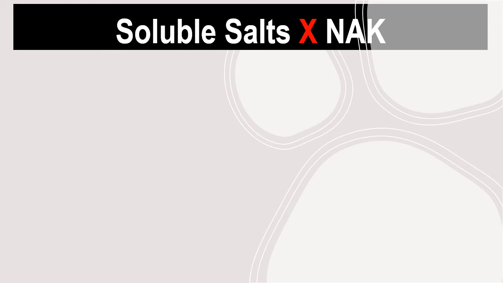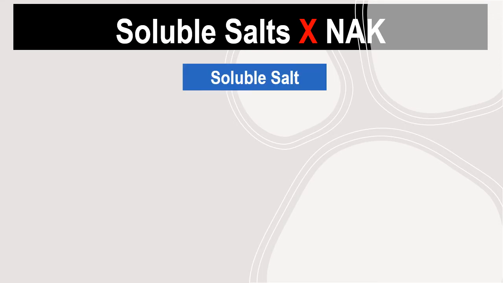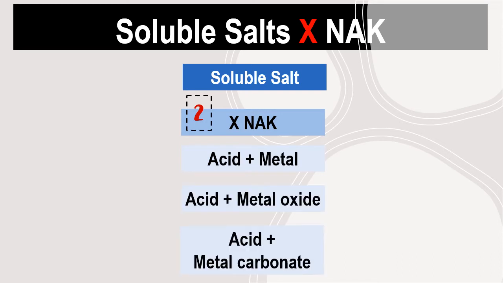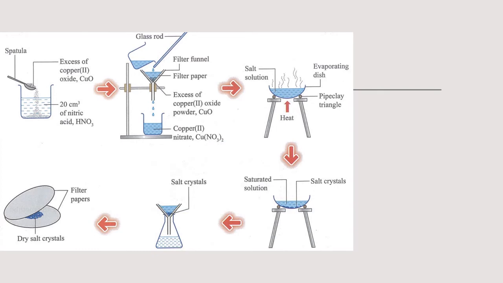For the soluble salts which categorize under bukan NaK, cara nak prepare dia, cikgu ada sebut tadi, ada 3 pilihan yang kita boleh pilih. Iaitu acid dengan metal, acid metal oxide, or acid metal carbonate. So if we refer to the diagram, kita dapati reaction ini, flowchart ini ada berbeza sedikit dengan preparation of